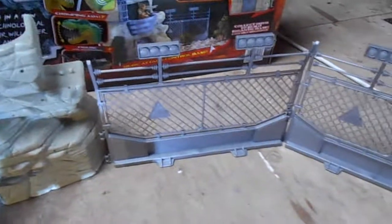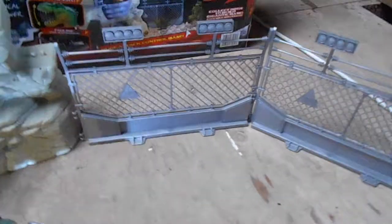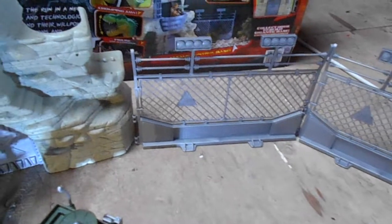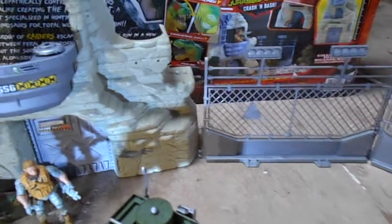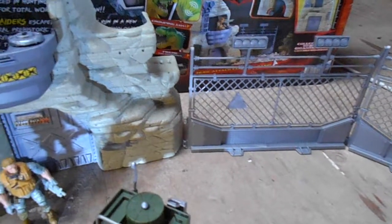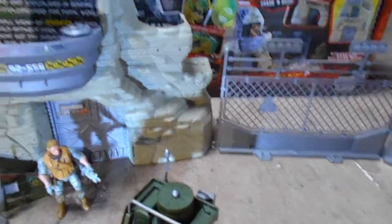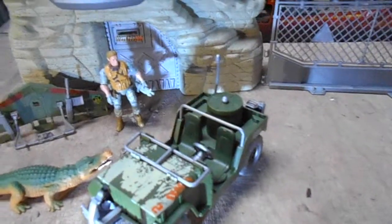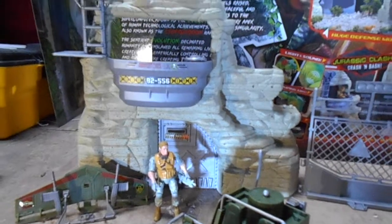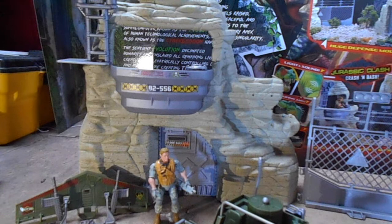And then you get these fencing set pieces, which as far as I'm aware are new. They may be reused from one of the other bigger playsets. I've never seen them before, but they look like they're designed for this Jurassic setting, with the electrified fences. I might have to split this over two videos. If not, I'll try and get everything into this video. So, just for quick comparisons,